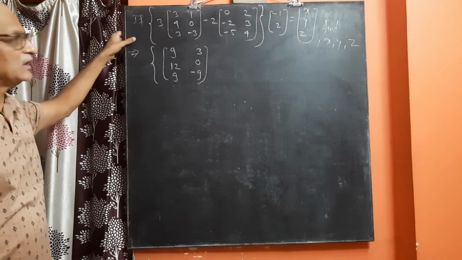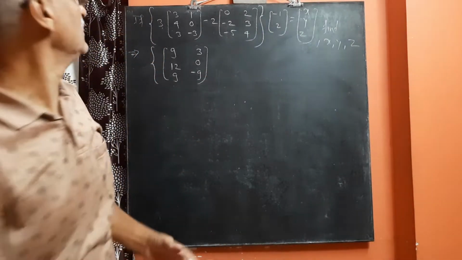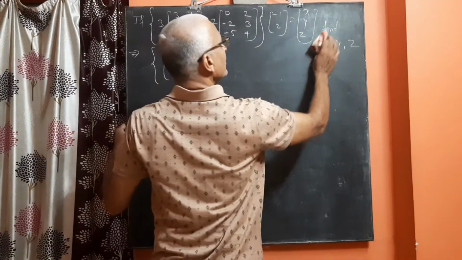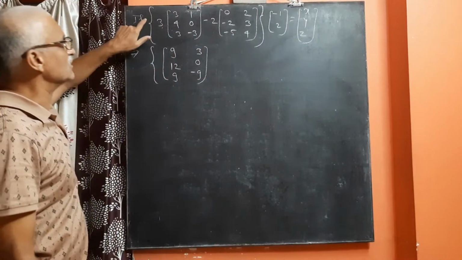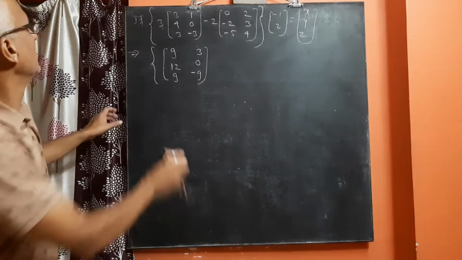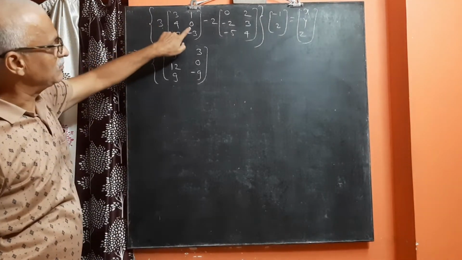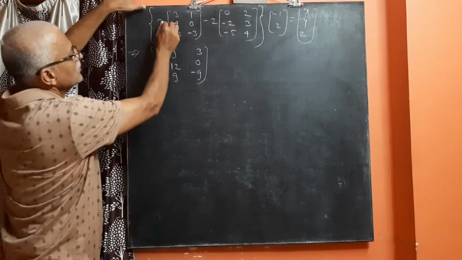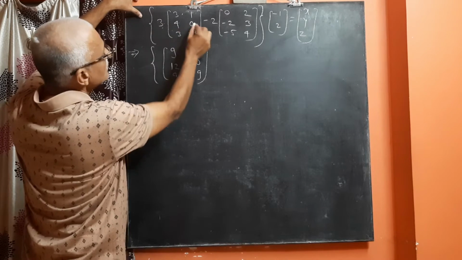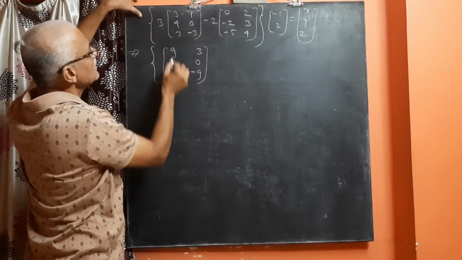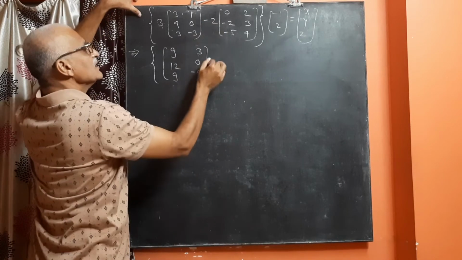What we have done? ये आपको given question है. This is our given question. We have to find out the value of x, y, z. Now in that given question we have started with this one, multiplying 3 inside of the bracket matrix. 3 3s are 9, 3 1s are 3, 3 4s are 12, 3 0 0, 3 3s are 9 and 3 into minus 3, that is minus 9.